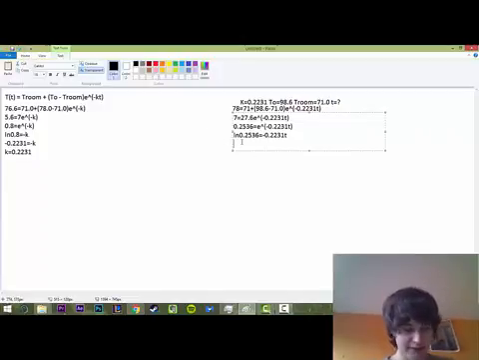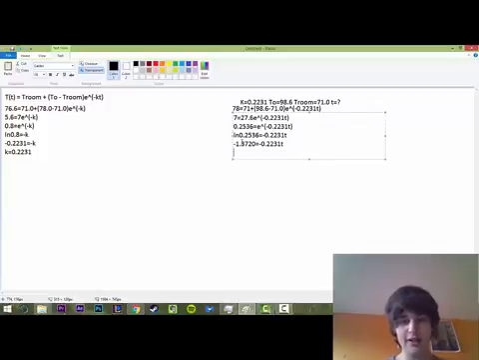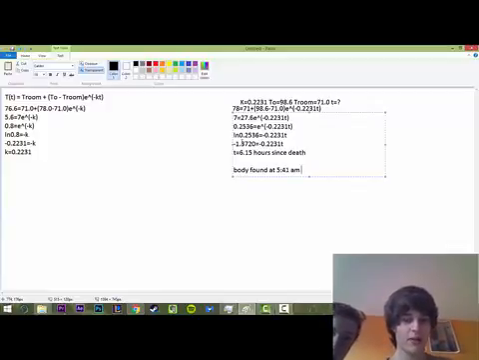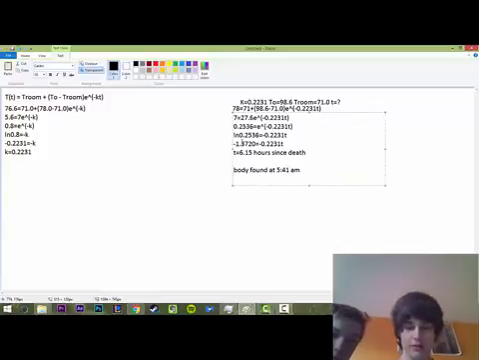And so the natural log of 0.2536 is negative 1.3720, which equals negative 0.2231 T. And so dividing each side by negative 0.2231, you get T equals 6.15 hours since death. And we found the body at 5:41 a.m. And so taking away 6.15 hours, you get that the body was murdered around